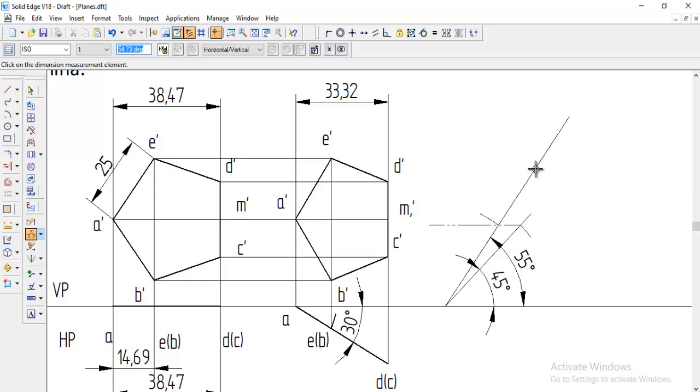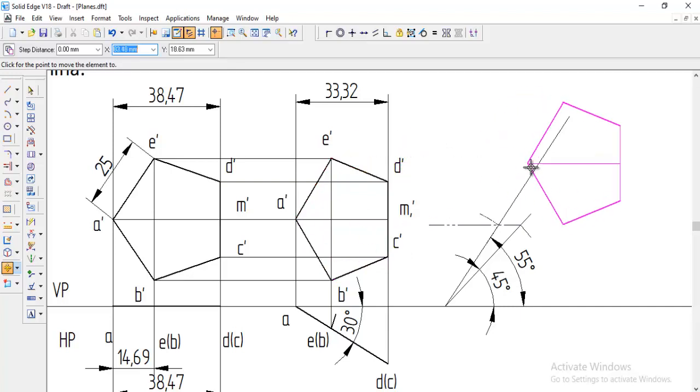Now on this line, this apparent line inclination, we need to place this A dash M1 dash, this bisector. So go to move, hold the control, select all the edges including the bisector, we need to either you can pick from M1 dash or you can pick from A dash, any one point you have to pick it, don't pick any outside of that. You can go to the exactly corner A dash and pick it and place it on the 55 degree.